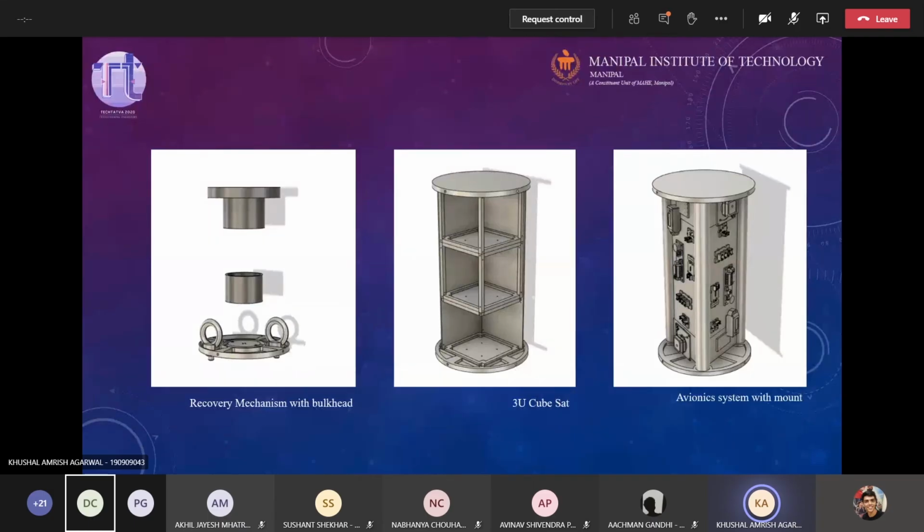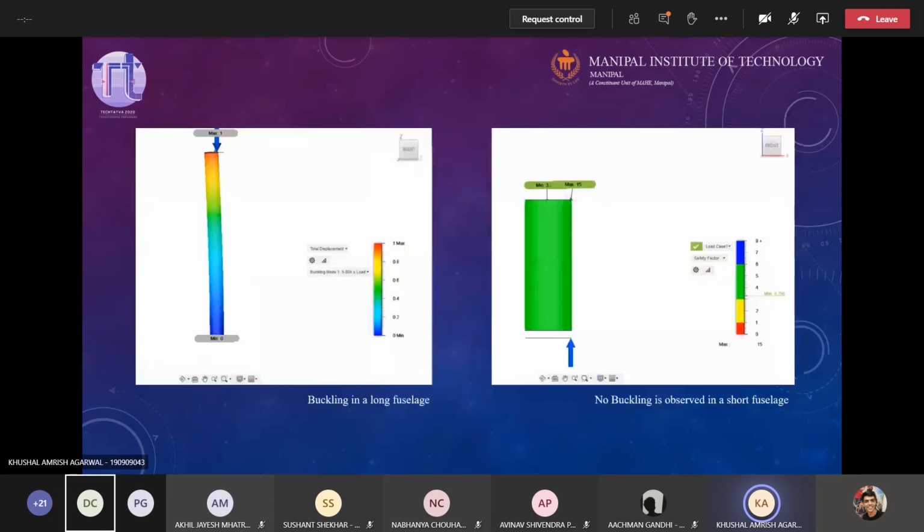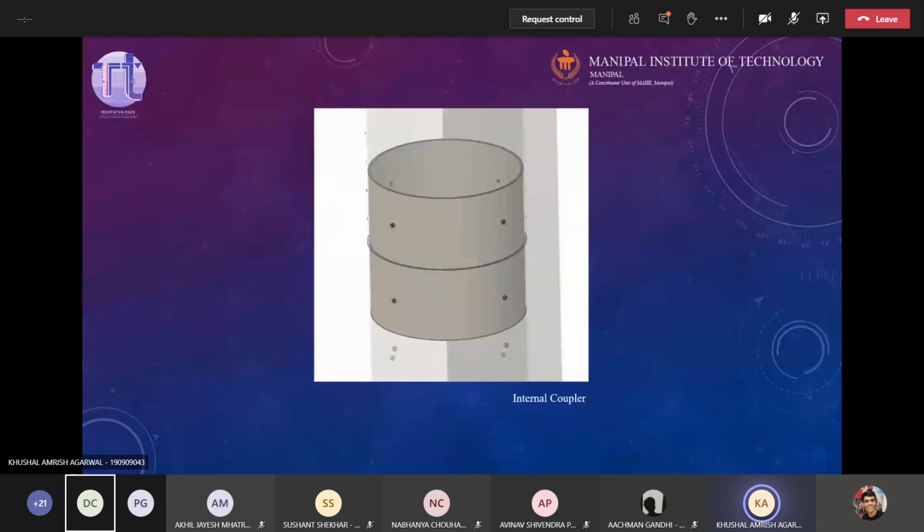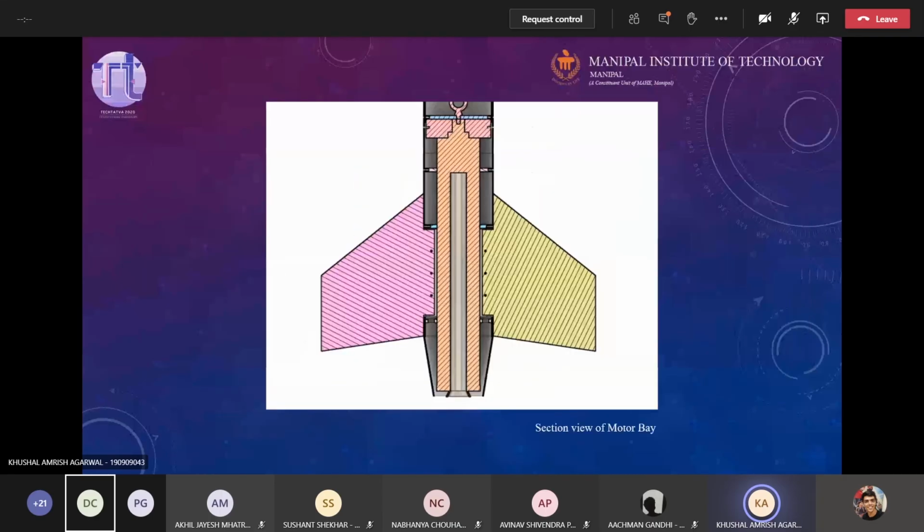Let's move on to manufacturing. Now, I mentioned that we'll be using glass fiber for manufacturing the fuselages of the rocket. And in a previous photo, I have shown how glass fiber looks. It's basically a sheet, right? So how do you think we are going to manufacture glass fiber, or as a matter of fact, the carbon fiber sheet as well? How are we going to make it into a solid fuselage? Because these are sheets and they have the exact same properties as a bed sheet, right? You get my point. So how do you think we are going to manufacture those?